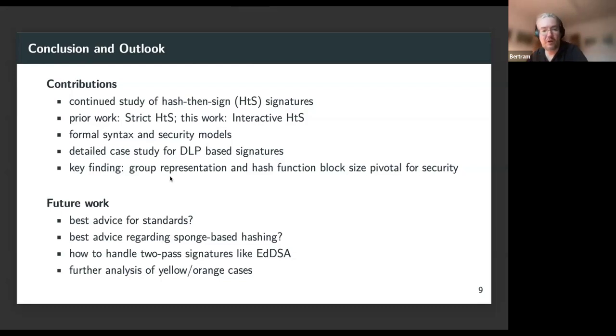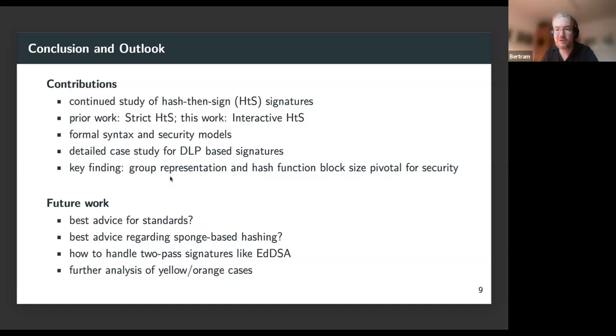And future work could focus on A. What is the best advice for standards on signature schemes? It looks like it is always a good idea, if one uses the PHME transform, to pad the technical information, in the Schnorr case the group element or whatever your commitment is of the underlying Sigma protocol, to pad that to a full block size that is sufficient for Merkle-Damgard hashing as we proved, but it is not necessarily sufficient for sponge-based